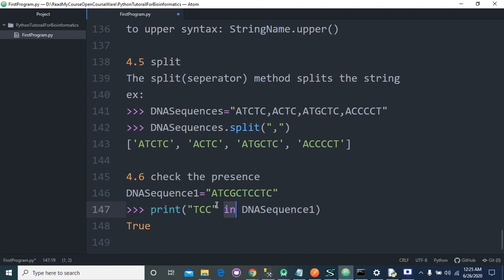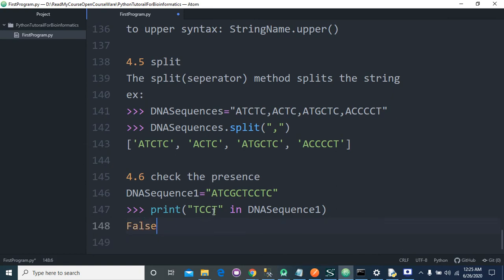Example, print TCC in DNA sequence 1. If we have DNA sequence equal to this, then print TCC in DNA sequence 1 will give true because TCC is present. If we use TCT, then it will give the result false.